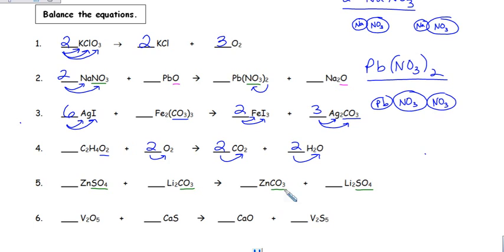Vanadium 2. Vanadium 2. Oxygen 5. I need 5 oxygen. Calcium 1, but now I have 5. Awesome. Sulfur, I got 5. And what do you know? 5 sulfur on both sides. It's done. So I might suggest, at this point, maybe pause the video, try the last few, and then bring